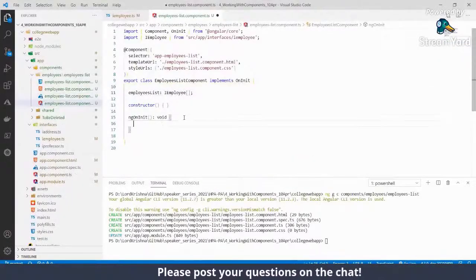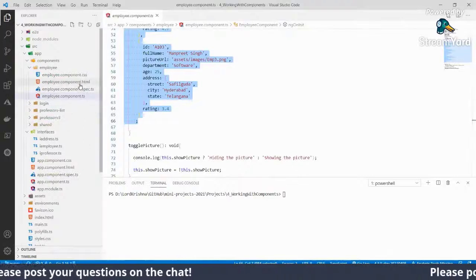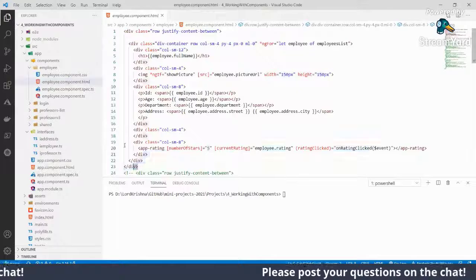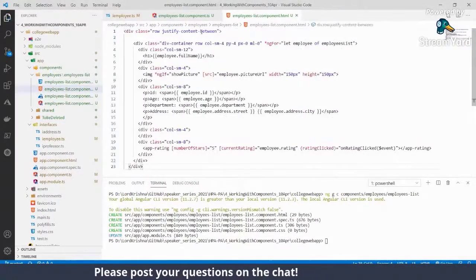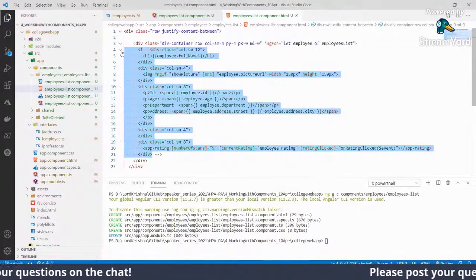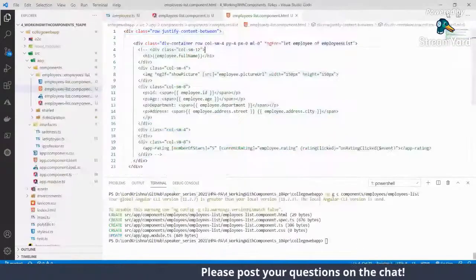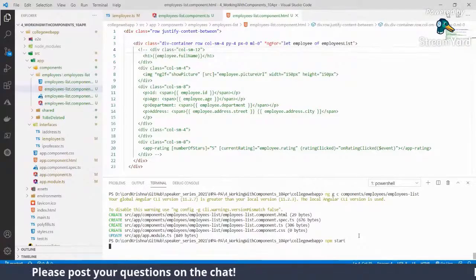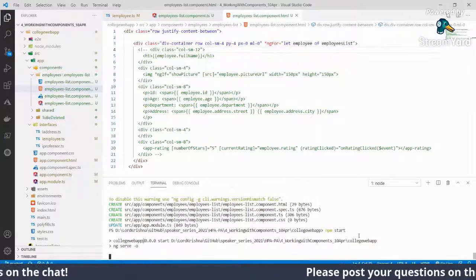Now that we have employees, let's go and work on the UI piece. We'll do it step by step. I will go and block everything. We'll start npm start. I blocked all the code, so we'll see step by step how we are progressing.